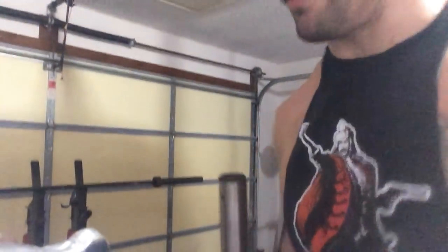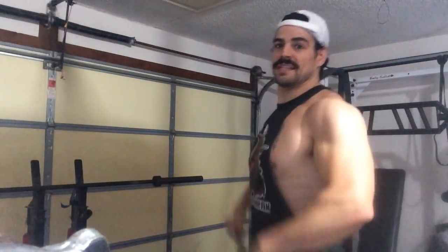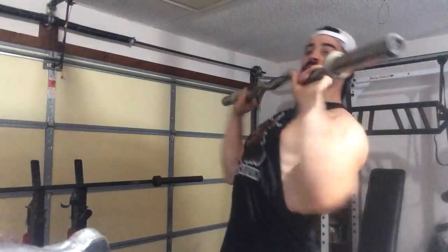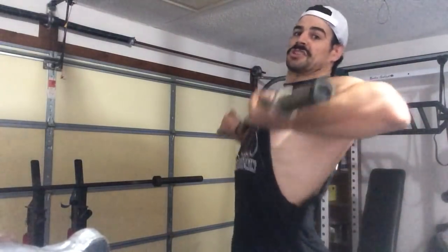The biggest mistake people make when they do cleans is they do reverse curl. And that's not right. You want to think about lifting your shirt with the barbell. See how my elbows are? As opposed to if I'm doing like this. So when people are cleaning, they're doing reverse curl catch. Wrong. Clean, hip extension, lift your shirt, catch. So now just think the exact same thing with a curl grip. Hip extension, lift your shirt, catch. Lift your shirt, shoot your elbows underneath. So then when it's really fast,